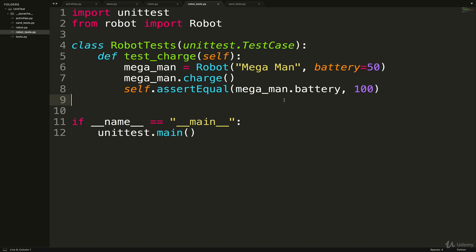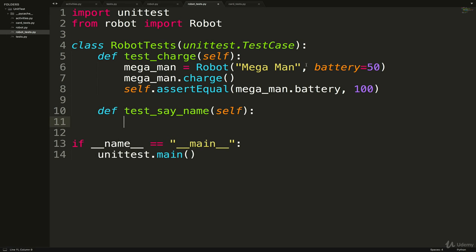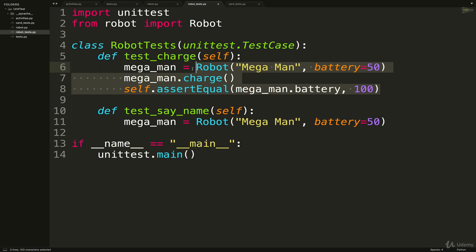Let's go back here and do the same thing again. So def test say name. And in here, we're going to do the same thing. Make a new robot because we have to have a robot to test. Because this is a function, whatever code is in here is scoped to this. So we don't have access to it. We have to redefine it down here. Okay, so I make that